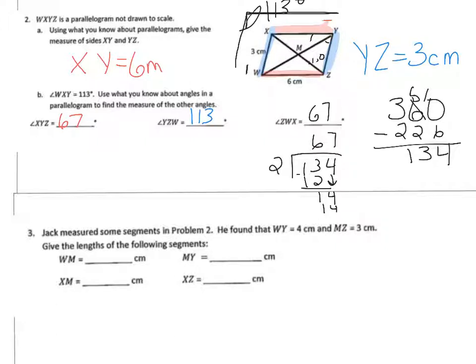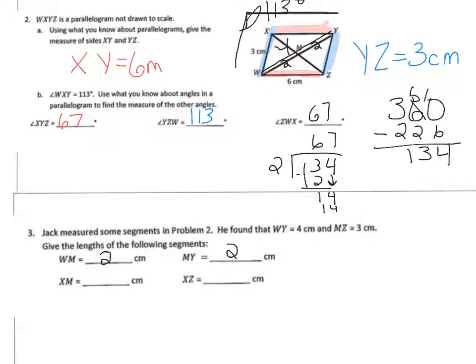A little bit easier. All right, so now it says from W to Y is 4 centimeters. So that means the entire diagonal is 4 centimeters, right? So if we split that into two parts, we can say from W to M is half of that, 2 centimeters, right? So we're going to say from W to M is 2 centimeters, and M to Y is also 2